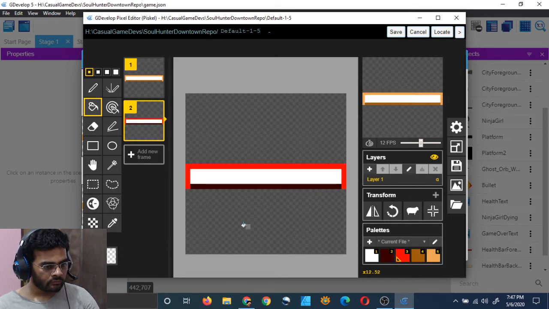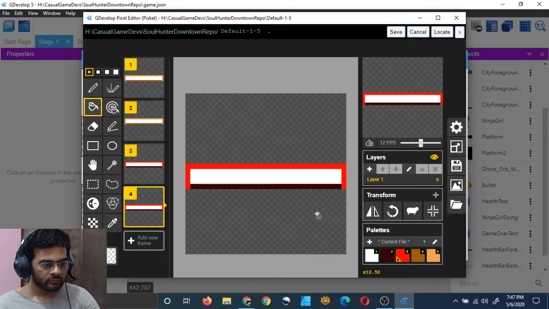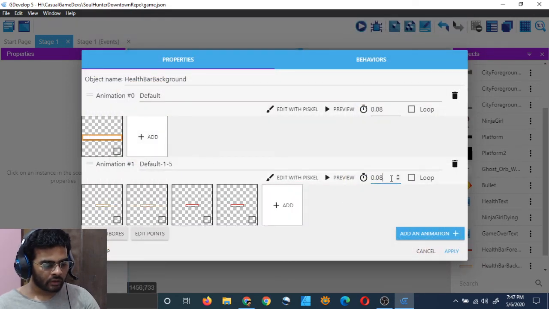Yeah, so this is getting animated, right? But I will just duplicate this and duplicate this. So this looks better, but our speed is less. Let's save it, and I want to do it 0.033.